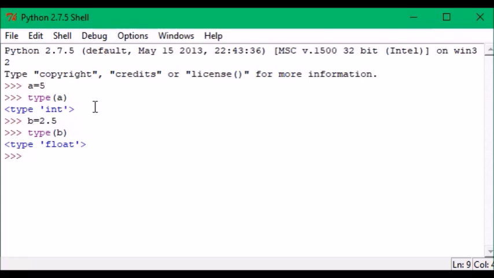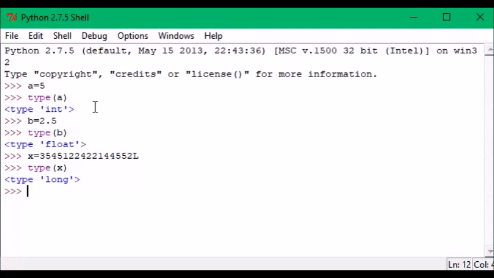If you want to write x is equal to some very long number, and if you find a number ending with L, that means long number. And if you want to find the type, you can just type type x and hit enter. You should find that it will be a long data type.